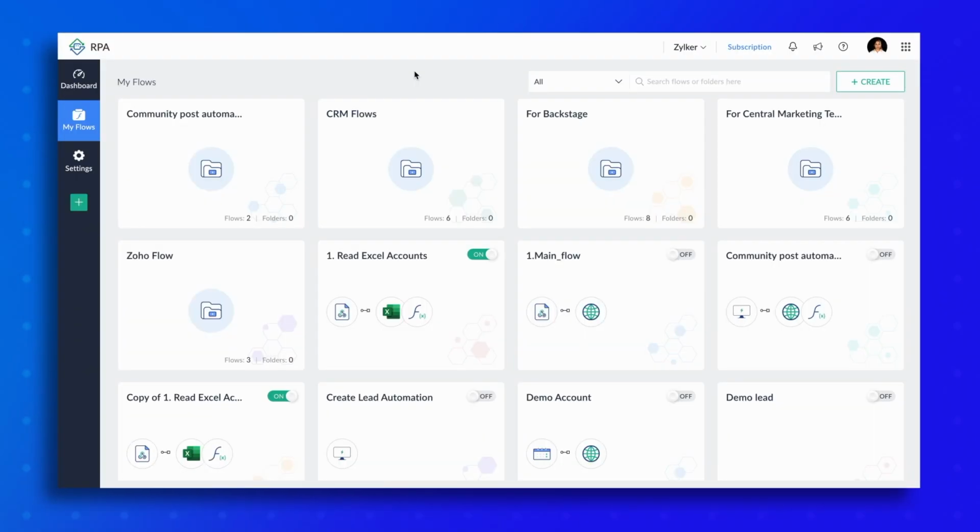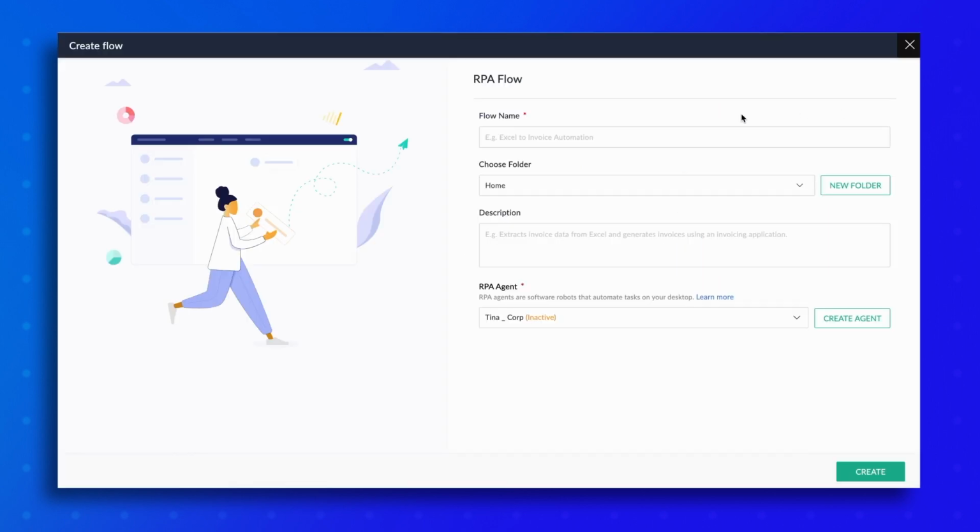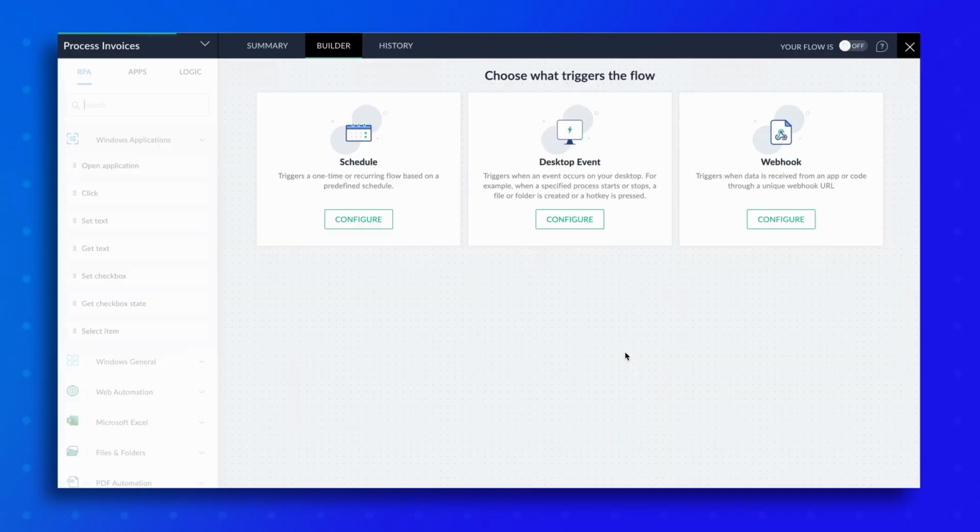Here's how to set it up. First, create your RPA flow. Go to the My Flows page in your account. From there, click the Create button and then select Create Flow. Once you've created the flow and are on the Builder page, you'll need to select the trigger event for your